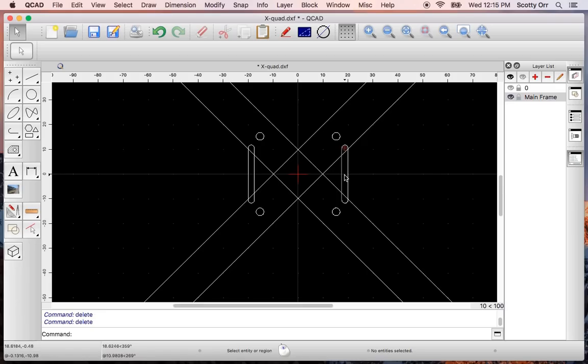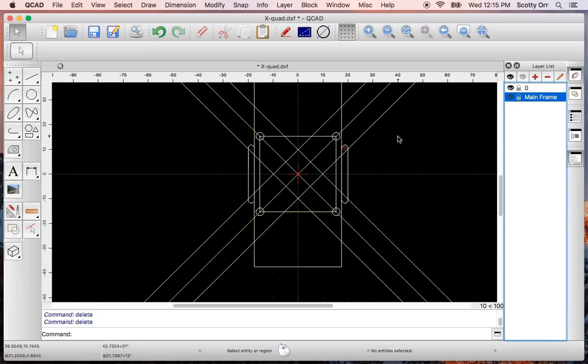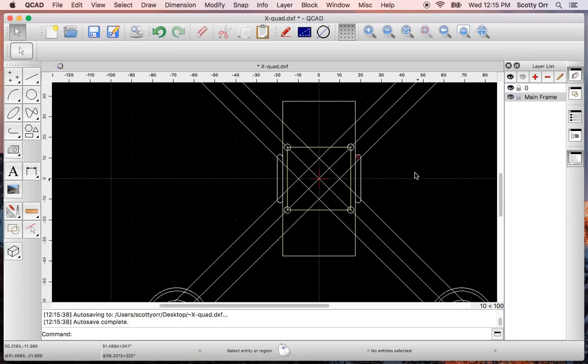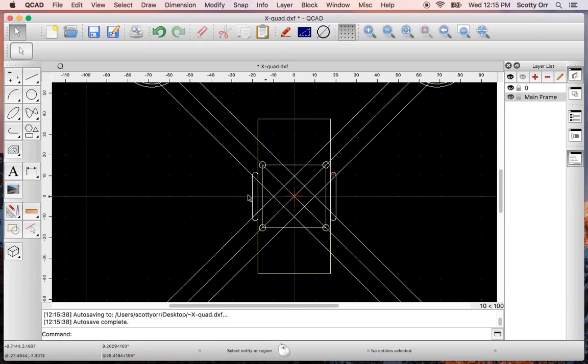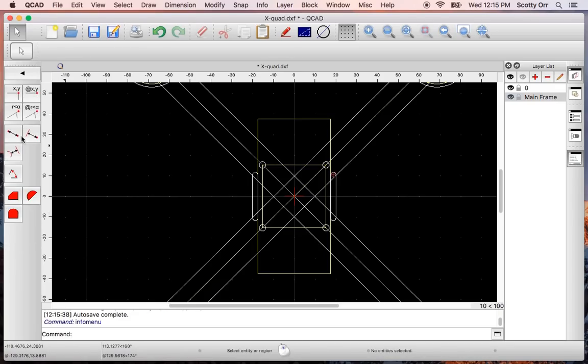So the next thing I need to do is to figure out how wide I want the frame to be. I'd actually like the frame to be 3 millimeters outside the outside edge of the battery slot. Now I'm going to make this a simple frame body, but instead of adding up what I've already done to see how far this is, I'll use another tool. It's called a measurement tool, and it's this ruler down here. I just want to do a point-to-point measurement. That's this one. So I click that,